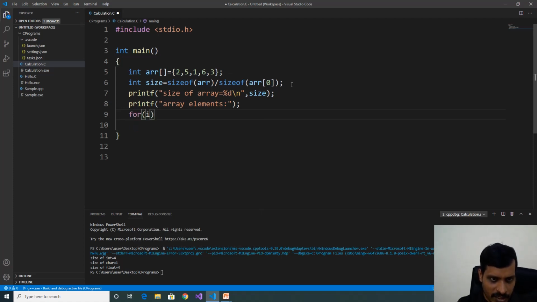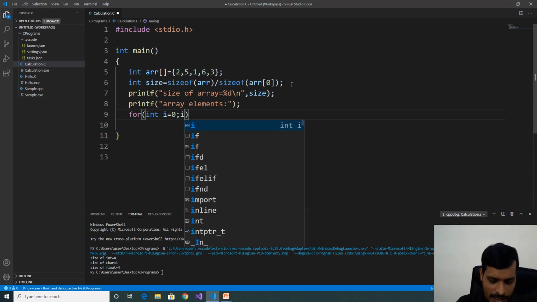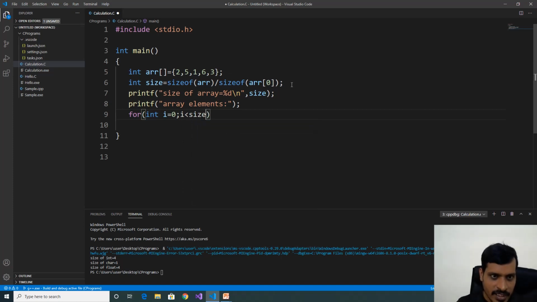For int i = 0, that means array index starts from 0, i less than size. Here we found the array size, so we'll use that variable in for loop. i++.